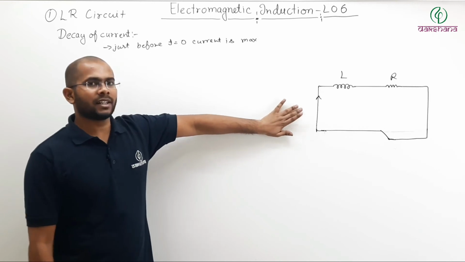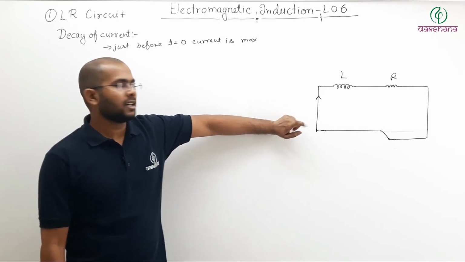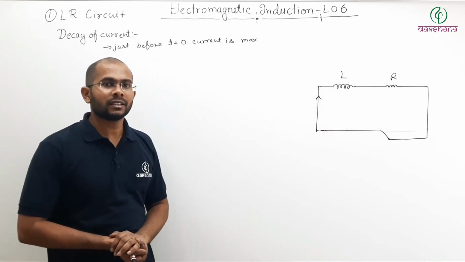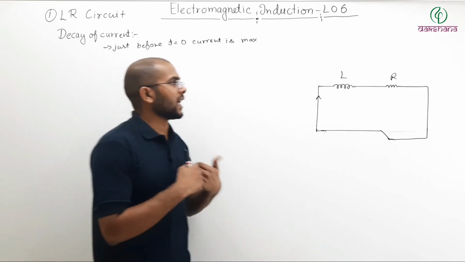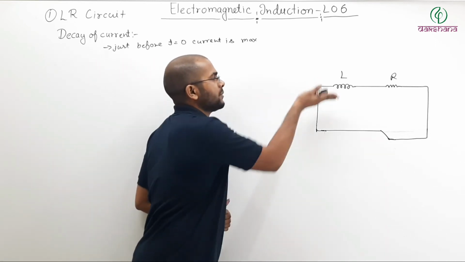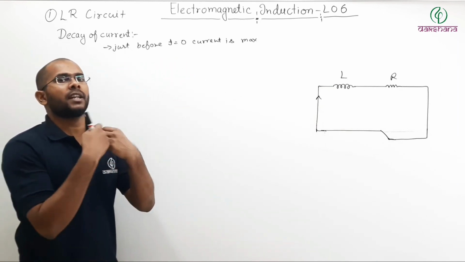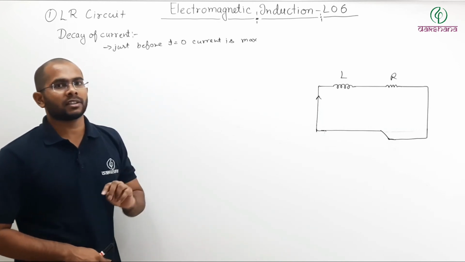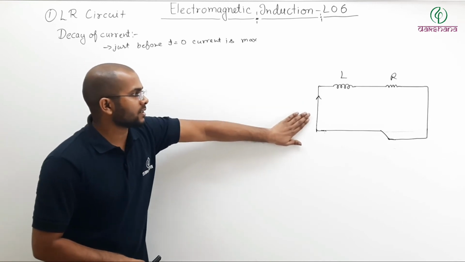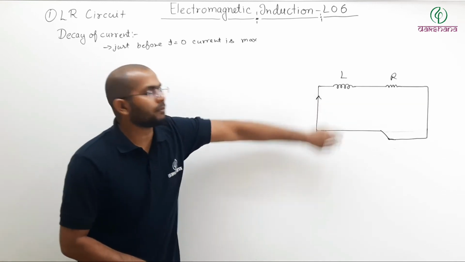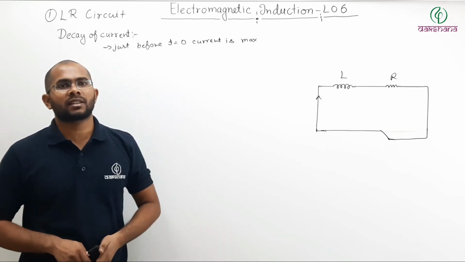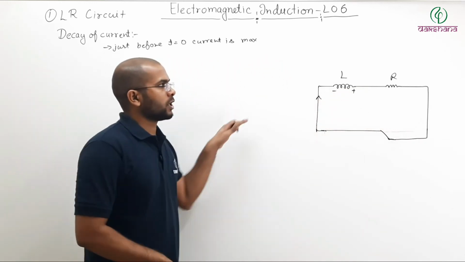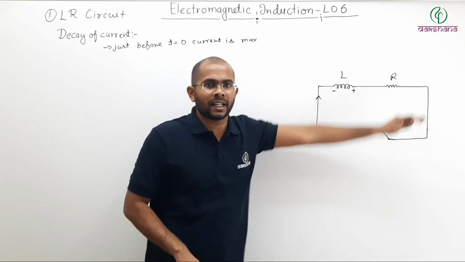Now if the current starts decreasing, what is happening? The flux through the inductor coil is changing. Inductor does not like that. So what will it try to do? It will try to maintain the current in the same direction. So there will be an induced EMF in your inductor. Which direction will be positive, which direction will be negative? Now remember, here current is trying to decrease, but the inductor will try to maintain the current at the previous level. So where will be that positive and where will be that negative? Like this, because the inductor has to maintain the current in that direction.